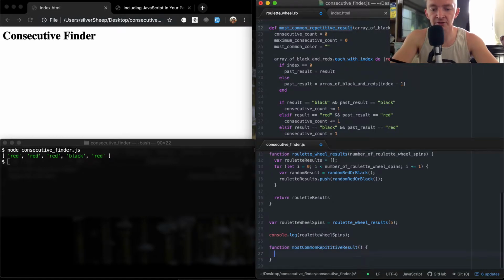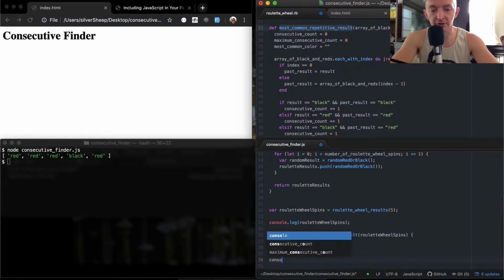And this is a function. JavaScript functions we write like this with the brackets and the parameters. Inside of the parameter, we want to toss in the roulette wheel spins. That's equal to the 5 of the things here. Now, if we were to say console.log, theoretically what we want is the result to return, well, basically, for example here we would want it to say 3 and then red. And so if I were to console log this guy,